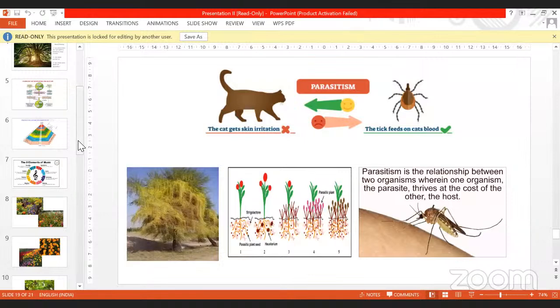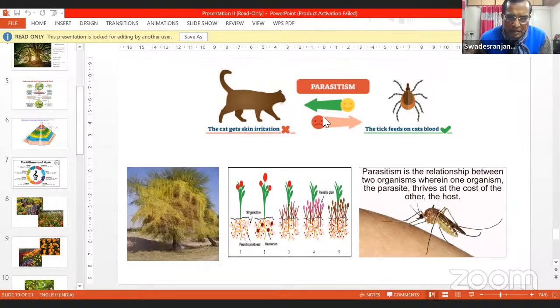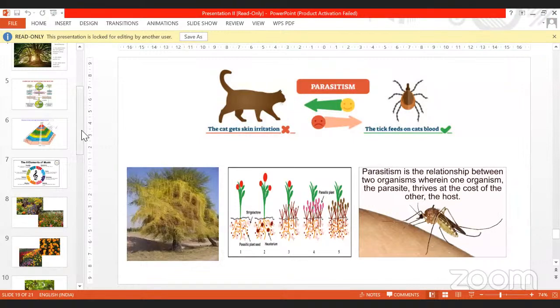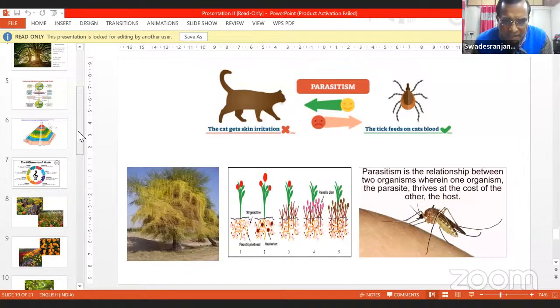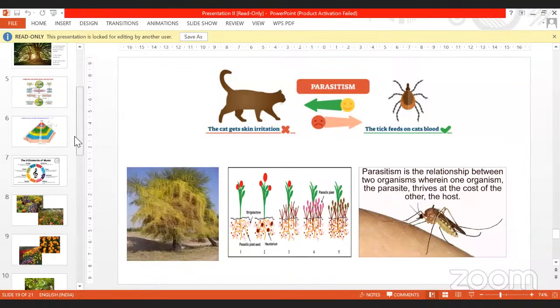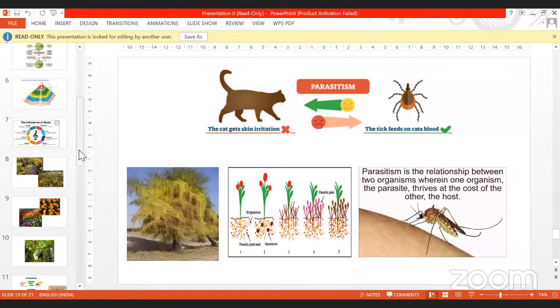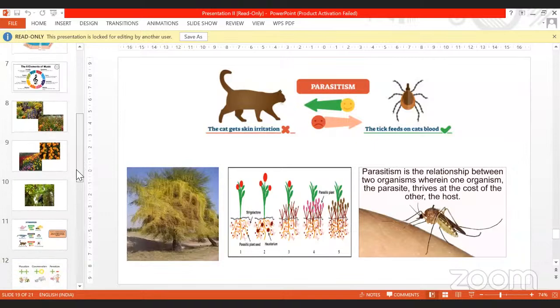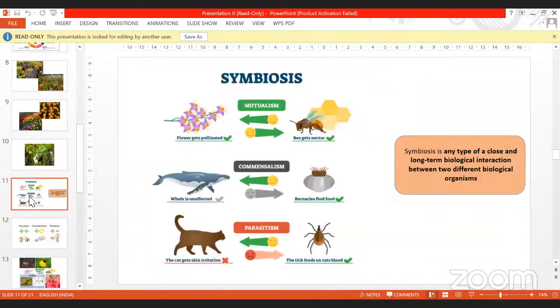Probably parasitism, ma'am. There is no harmony in parasitism. Okay, right, because one is being harmed. Parasites thrive, but the host is harmed. Commensalism is actually the one in which there is harmony, because it's not hurting, but it is achieving something. So if you just look at this, here you have a one-to-one relationship, that is mutualism.